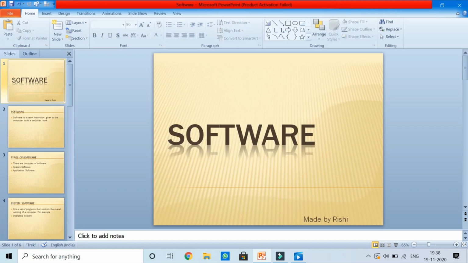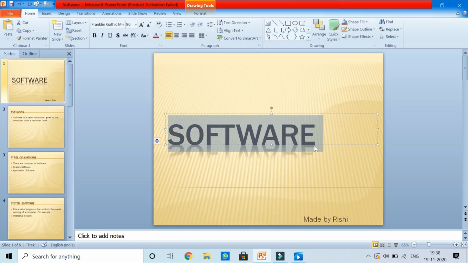Okay, so now again, what change do I want? I want this text, which is appearing on the left hand side, to come to the center of the text box. So I'll go to the Home tab, then the Paragraph group, and there are 4 types of alignments available here. These alignments are called horizontal alignment. By default it is left, then center, then right, and then justify.